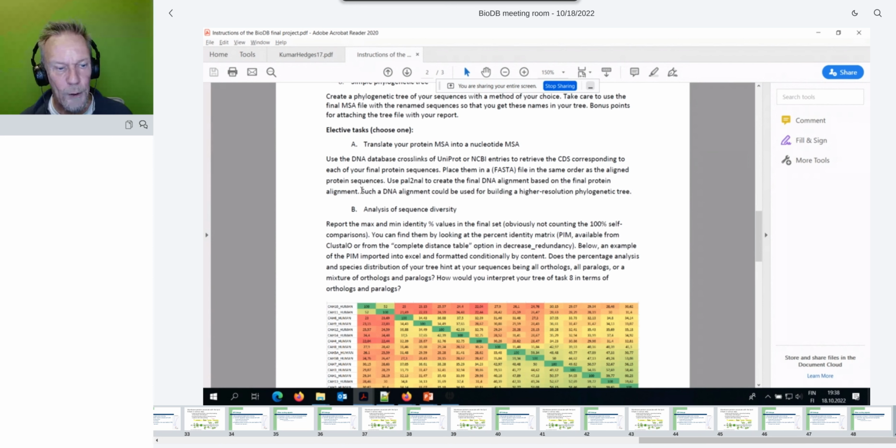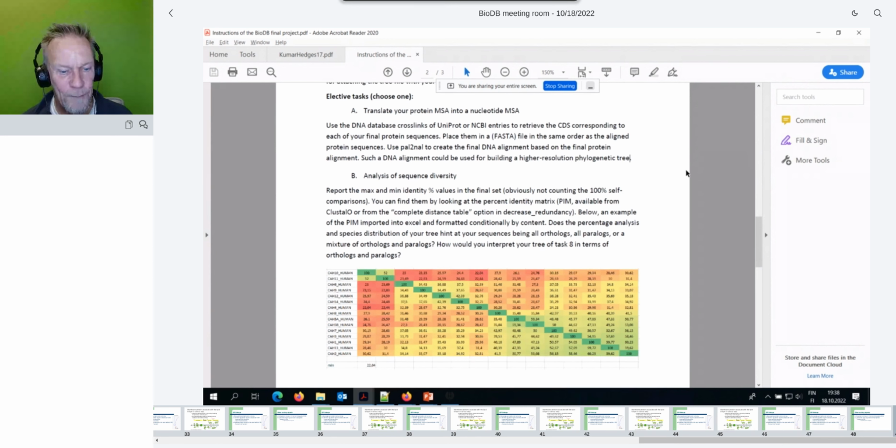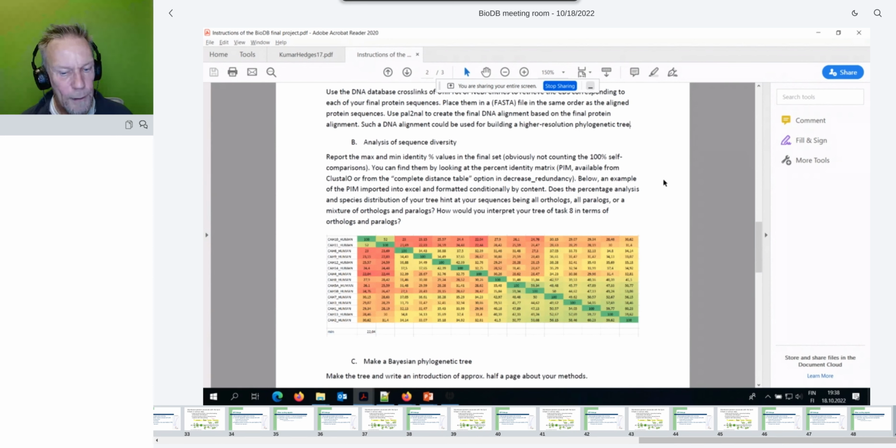You are trying to get a protein family which has quite a bit of variation between different species, so that you get the protein level phylogenetics working very nicely. Okay, then